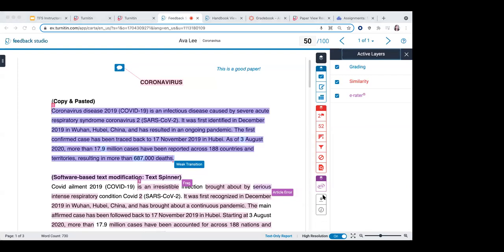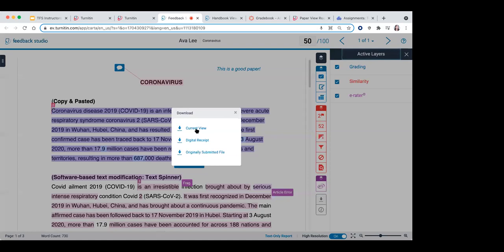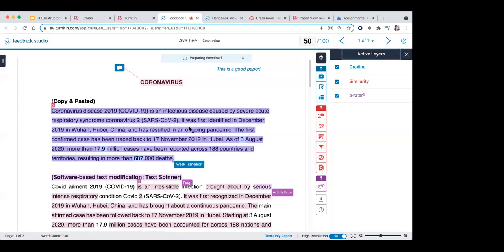Next thing is to click on this download icon. Make sure that you're clicking on the current view to download all the tools that you have just turned on. There we go. We are still preparing to download, but I do have a question coming from Miss Jonavi